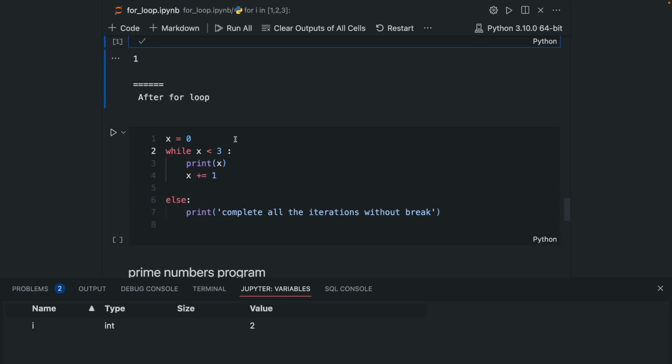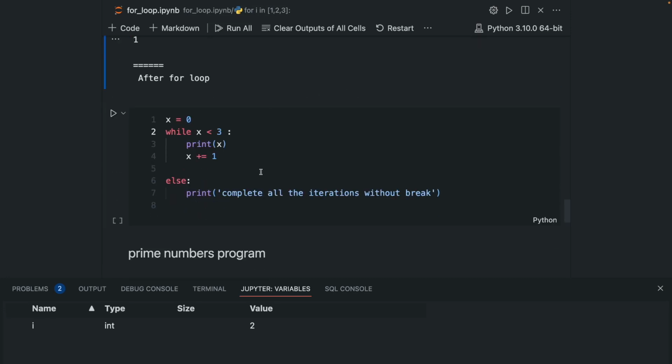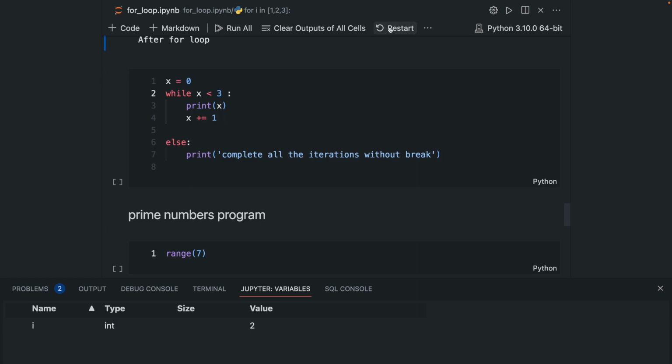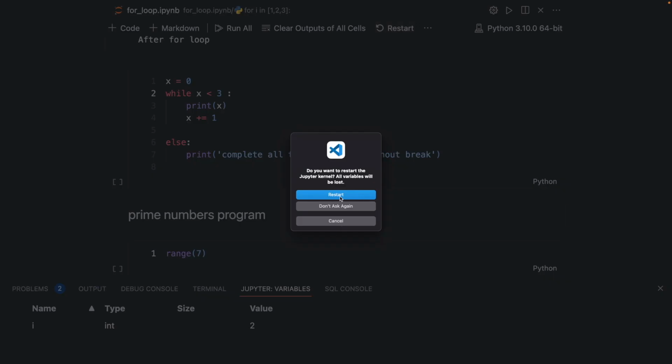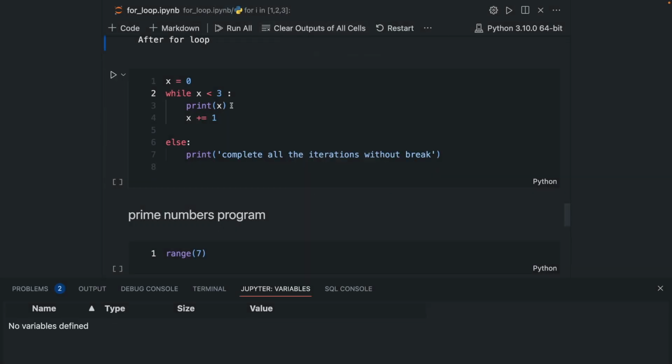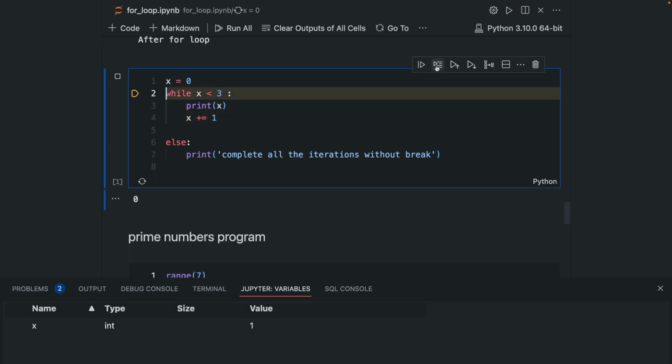and the same will happen in a while loop also. So let me restart it, let me clear the output, and again let me run the code line by line. Again over here we are not meeting any break clause in this while loop, so we will run this else clause,